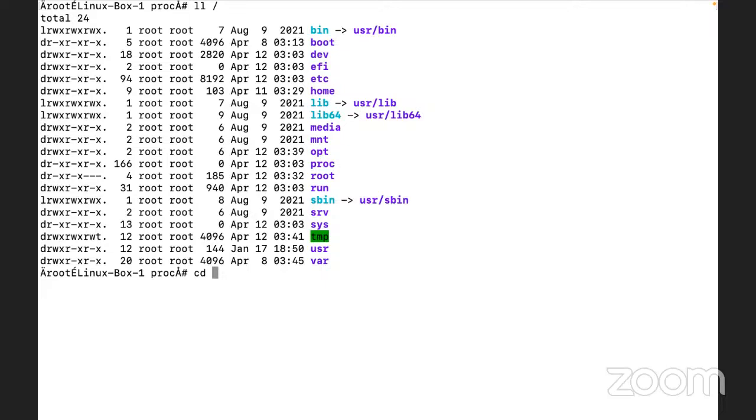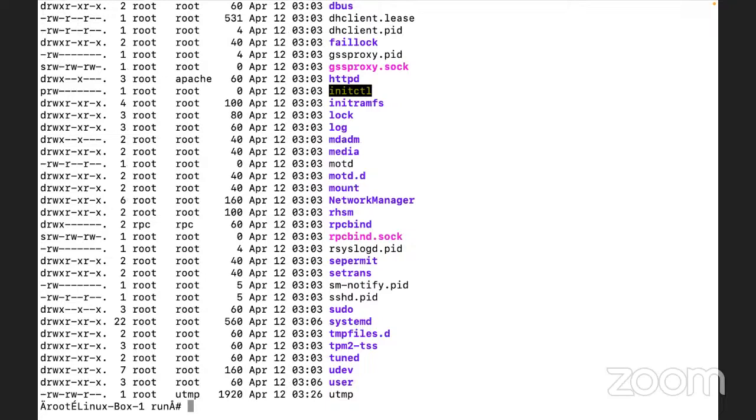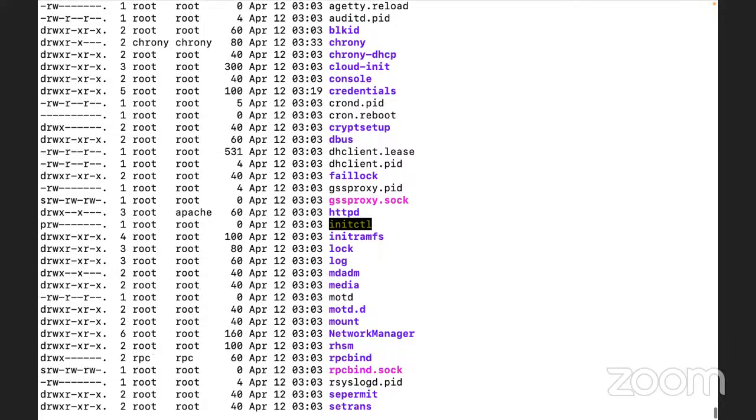Now, what is /run? Yes, guys, what is /run? Okay, try to understand what /run is. Just read these files, see what these files mean, and then try to answer the question: what is /run?